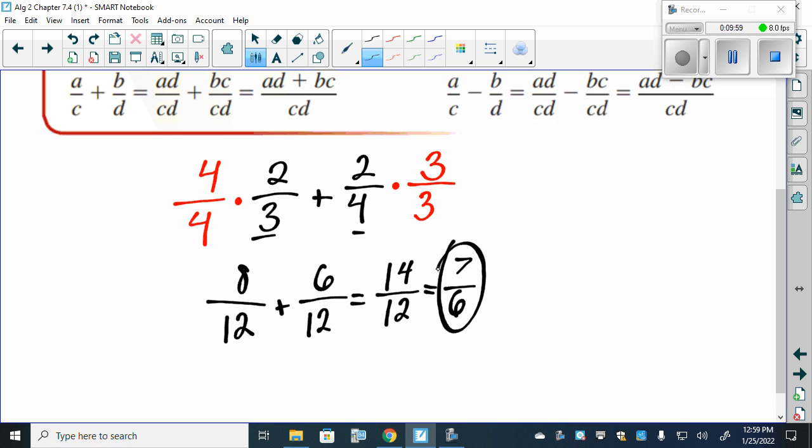Now 12 is what we call the least common denominator because it's in the fractions, or least common multiple. 12 is the smallest number that I can turn both 3 and 4 into. I mean, there are other numbers that we can turn 3 and 4 into, because we can look not at 12, but 24, 36. Any of these, we could turn both 3 and 4 into. But doing that, because here we already had a greatest common factor of 2 between the top and bottom, anything higher than that will just make more common factors between the top and bottom that we'll have to simplify out later. Now we can do this exact same thing